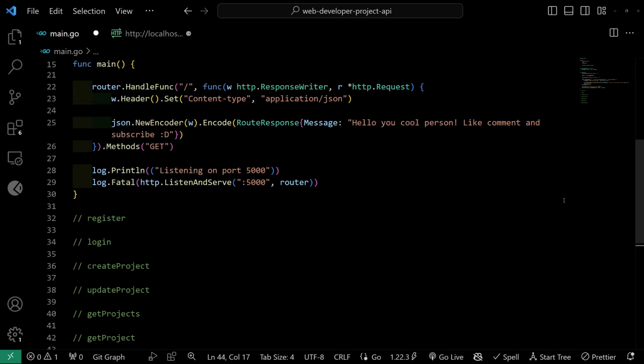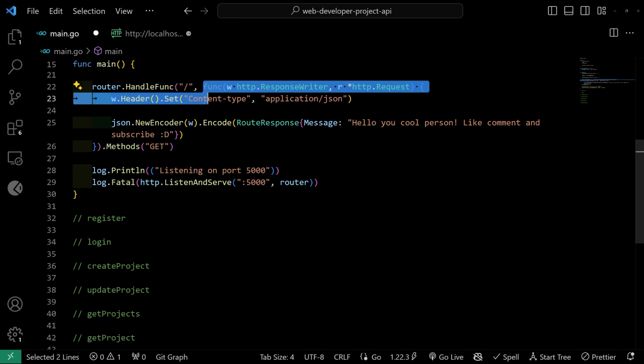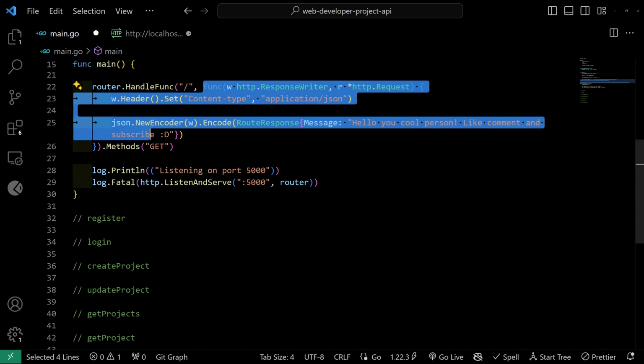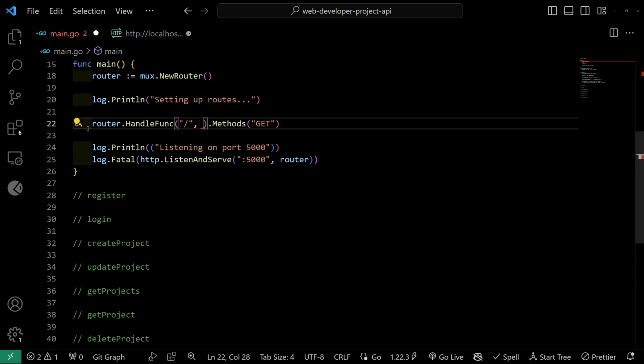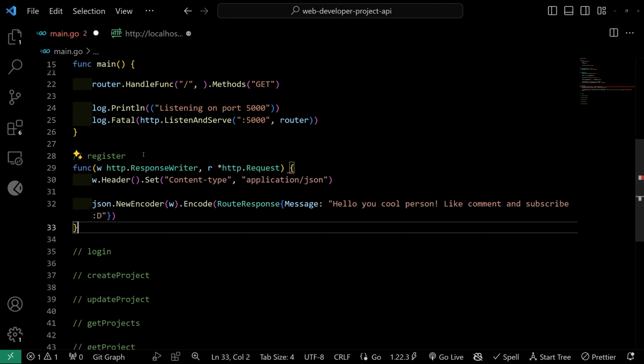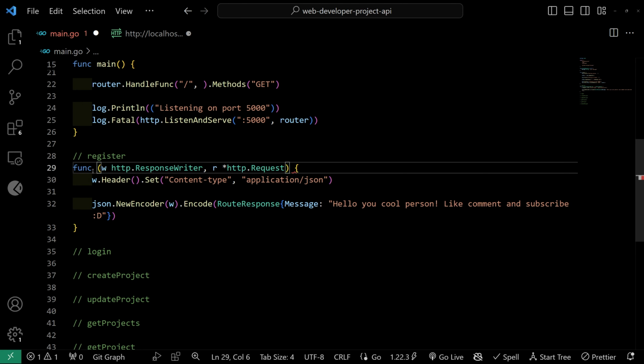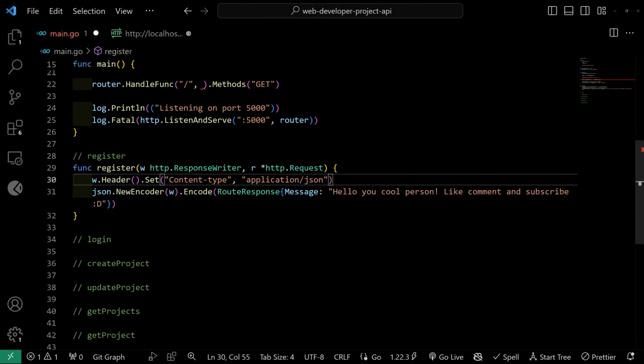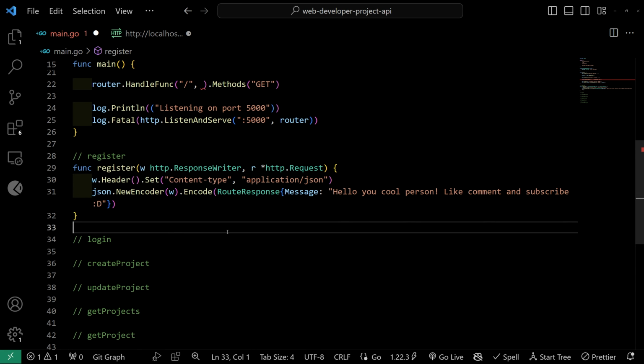Cool. So how we're going to define these is actually pretty simple. I'm just going to grab this func right here, all the way up until this blue closing bracket, and we'll just hit Control X, and we'll fix this in a second. So down here, under register, let's add a space between the parentheses. We'll say this is func register. So this is our register function. And in here, yeah, we do want application/JSON, and rather than saying all this,